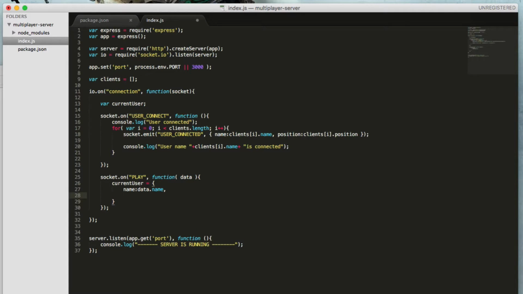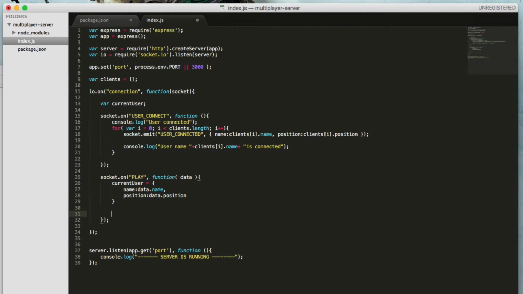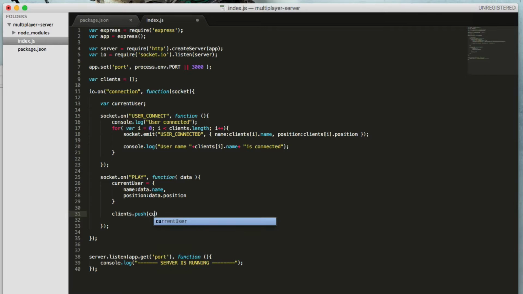Okay, and position, just like data dot position. Okay, that's enough for you to set current user. Okay, and global variable client dot push current user, right? And